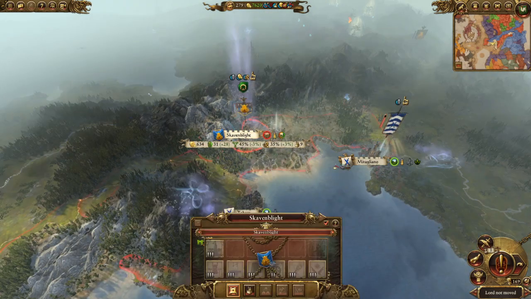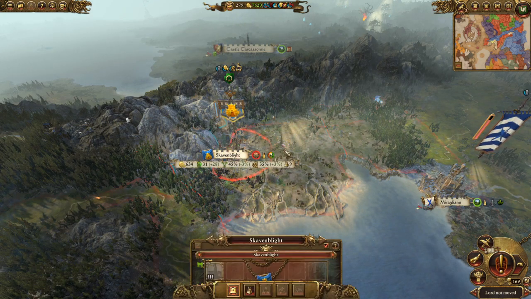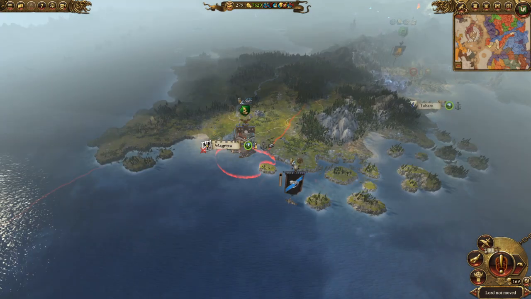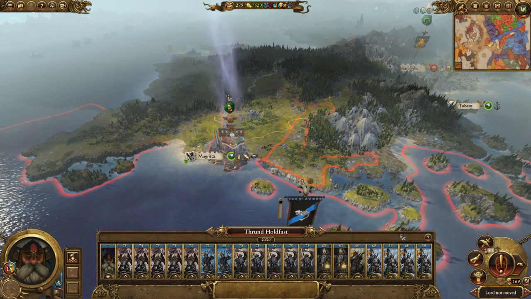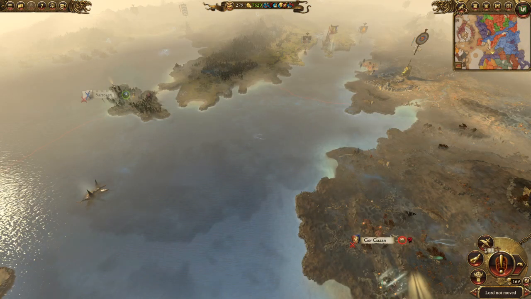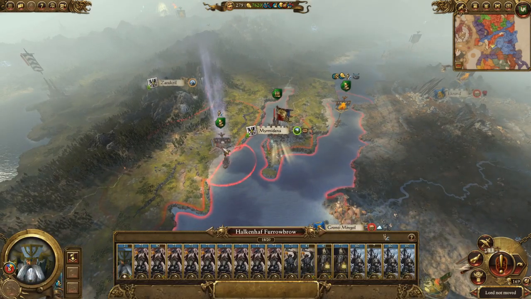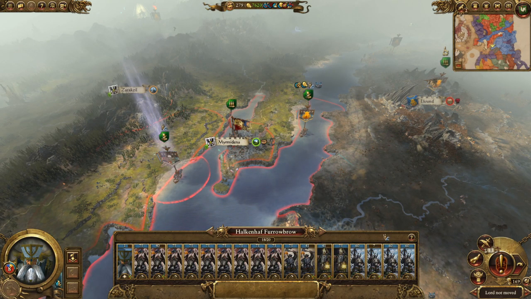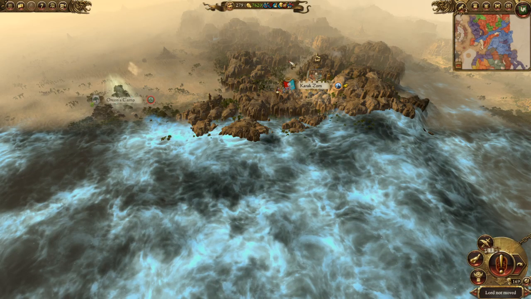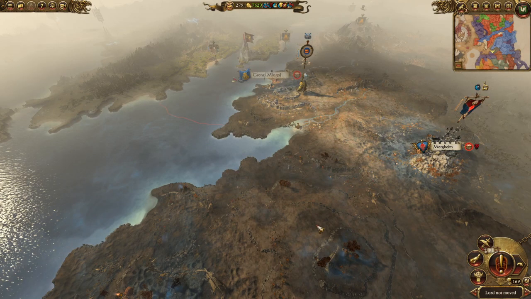Oh. Meanwhile... Yes. Belegar Ironhammer has raised and settled Skavenblight. I didn't even notice that Clan Skryre had been destroyed. For the wisdom of the land. Thrund Holdfast. Eric Zorn is up near Magritta. What are you doing there? Morgan the Savior is near Myrmidons. There's another Karak Zorn army here. Karak Zorn is this faction down here. I've never really seen them expand. I mean, they're not really expanding, but...